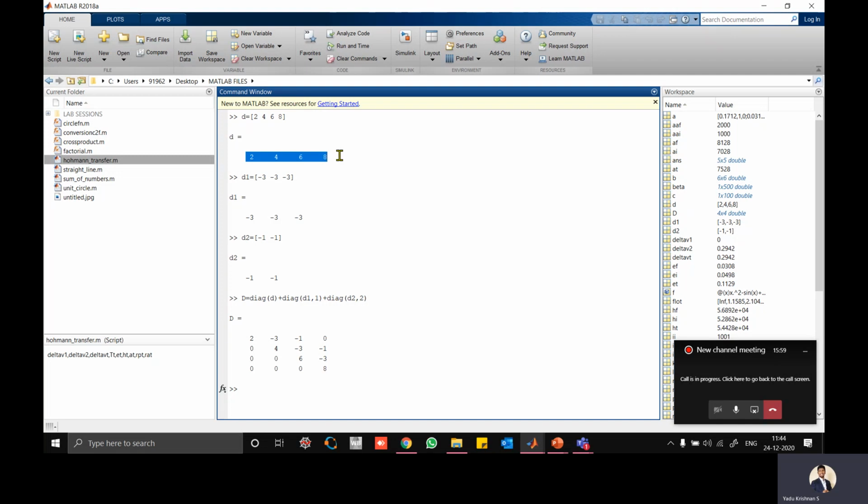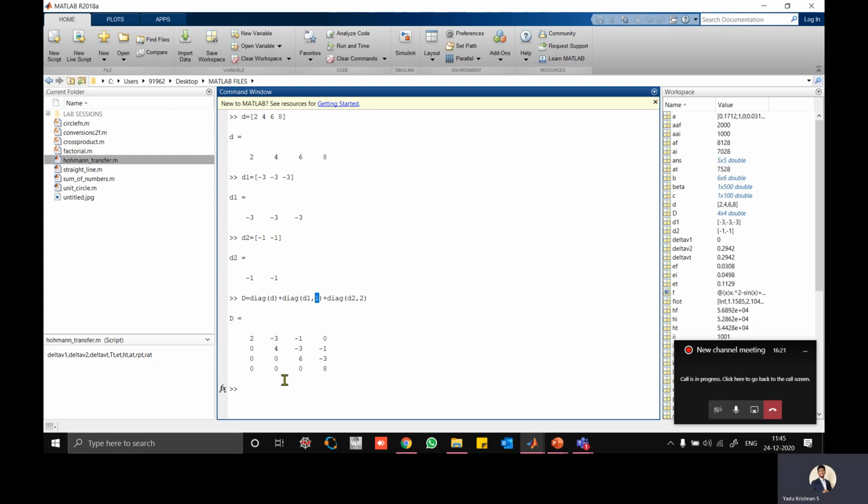Now in that 4 by 4 matrix, diag of D1, 1 means -3, -3, -3. This 1 indicates the position, the position from the main diagonal.